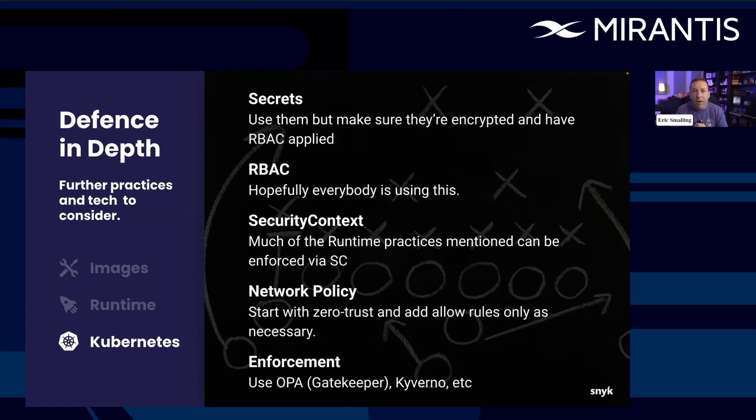Make sure you're using RBAC if you do use secrets, because secrets without RBAC really aren't that much better than config maps, honestly. But it's the place Kubernetes gives you to put credentials. If you already have investments in Vault or CyberArk or other tools like that, and your applications are using those, keep using them. They're great tools. There's no reason not to use those. You can often use those as backing for your Kubernetes secrets too, if your cluster ops have set that up as well.